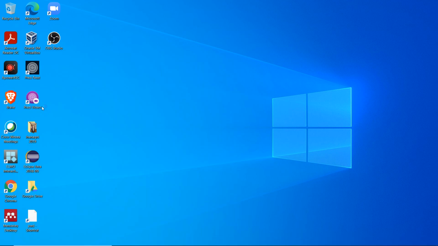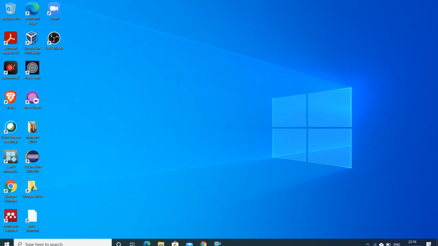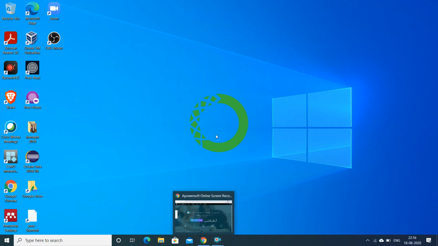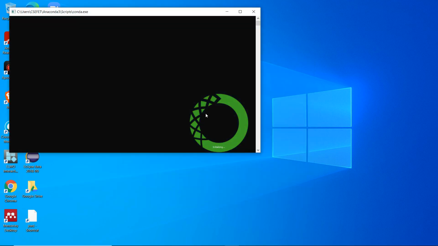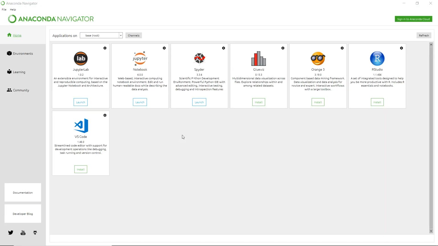Open this Anaconda Navigator, and once you open it, as you can see, it will take a few moments depending on the speed of the system. This navigator is opening, as you can see on the screen. It is initializing and it is adding featured channels. It is loading user, loading applications, and soon you will find that Anaconda Navigator is opened. Now Anaconda Navigator has opened.